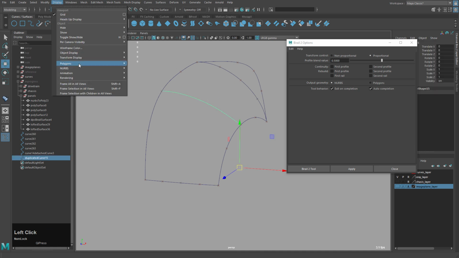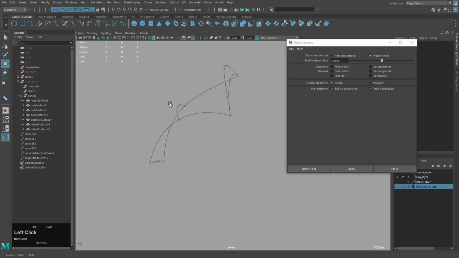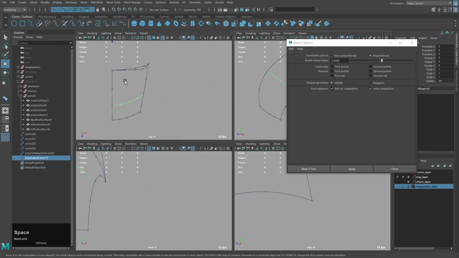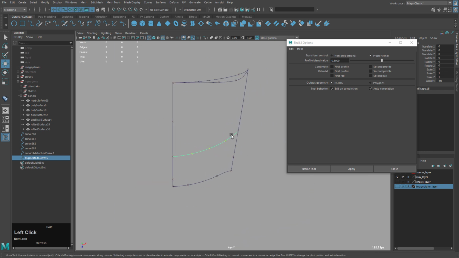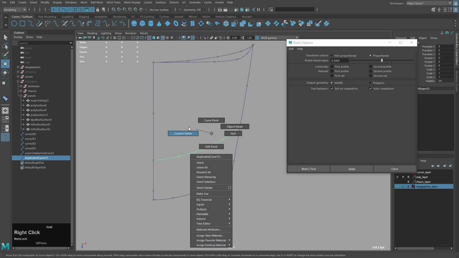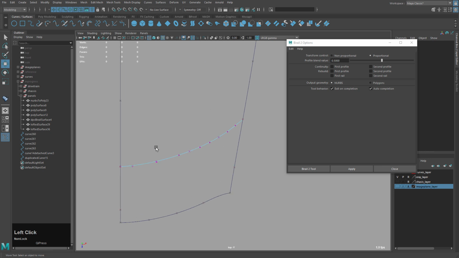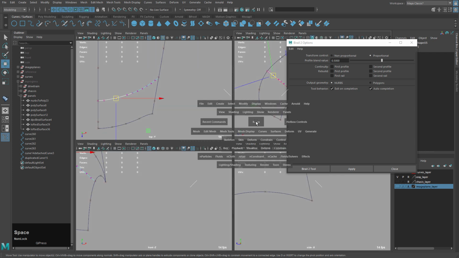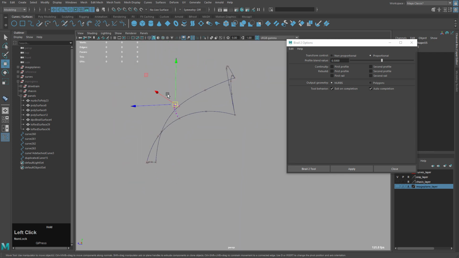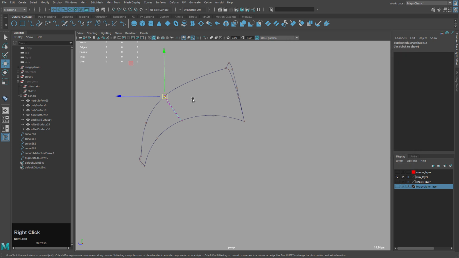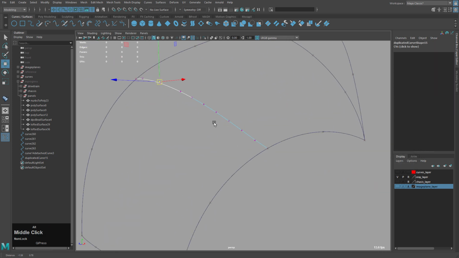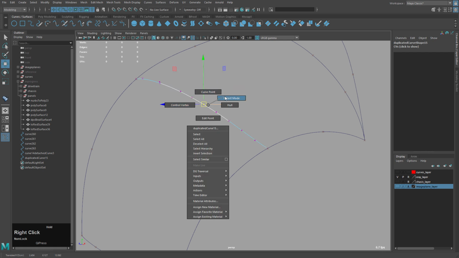So I can go to display, NURBS, edit points. I can see this curve. Now what I can do with this curve is I can adjust it. I can go into control vertex, then I can move these around and change the shape how I like it. Now another way I can do it, if I don't want to use the control vertices, because if I try and move these control vertices, see there's a lot of control vertices, it's kind of hard to make it nice and perfect.